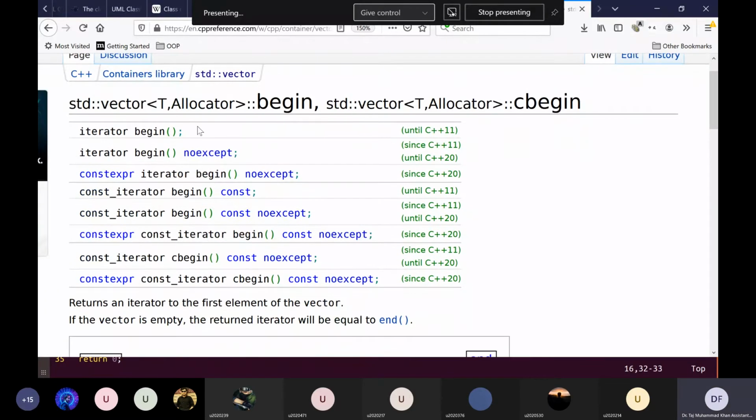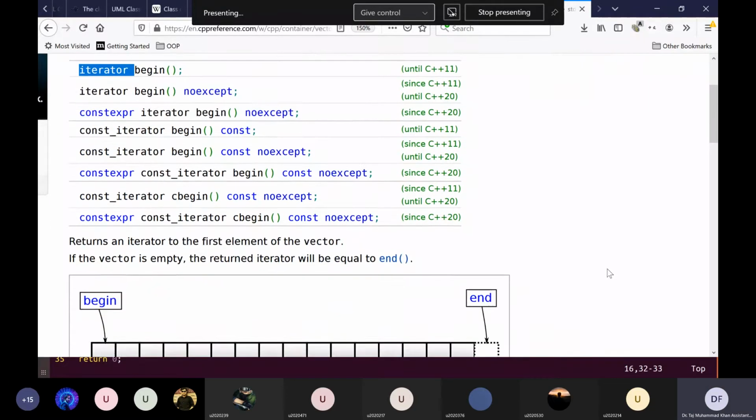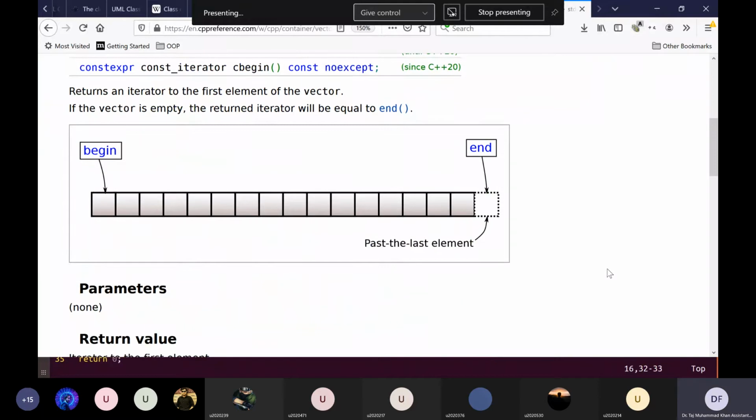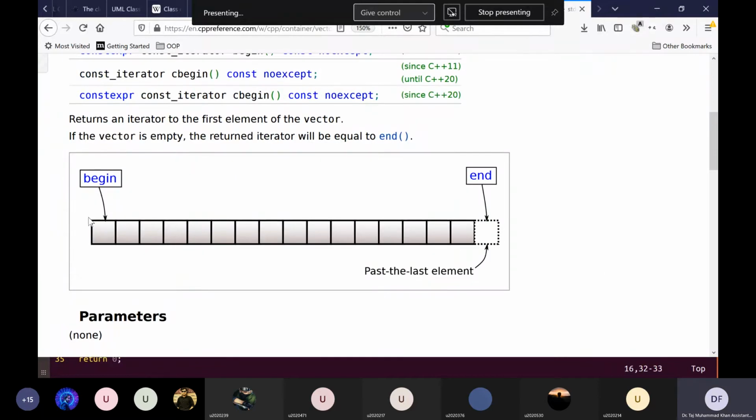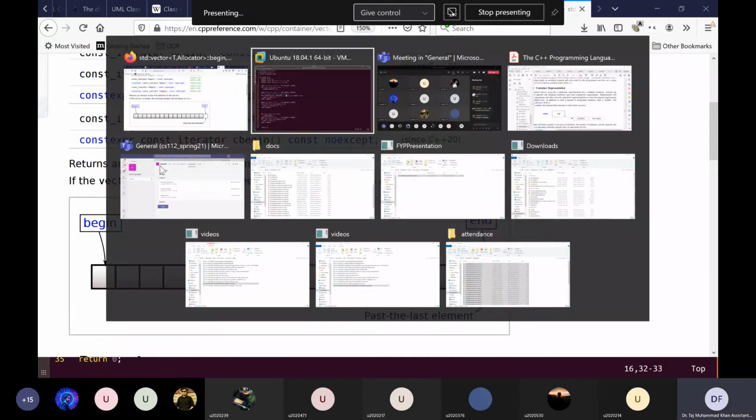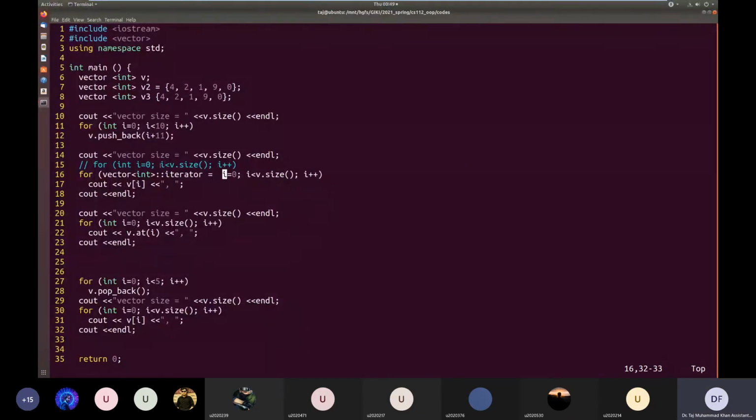You see the return type of begin is an iterator. So this basically gives you the iterator for the first element of the vector. So let us call this function begin on our vector. So I initialize this to v.begin. Okay.